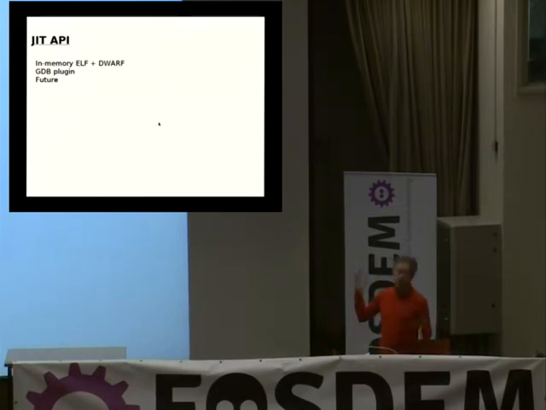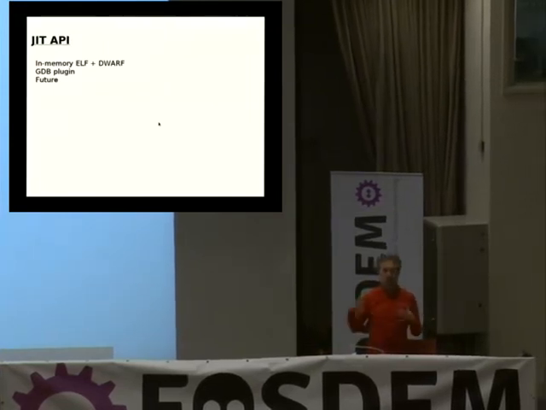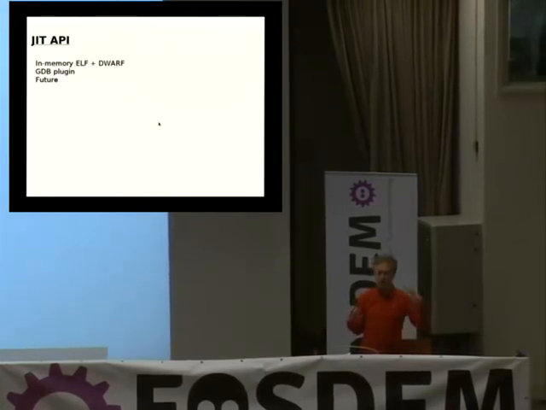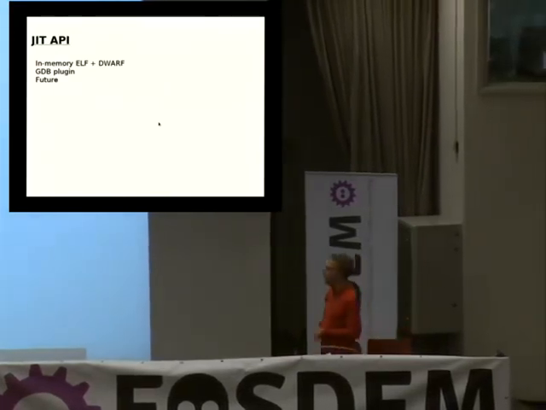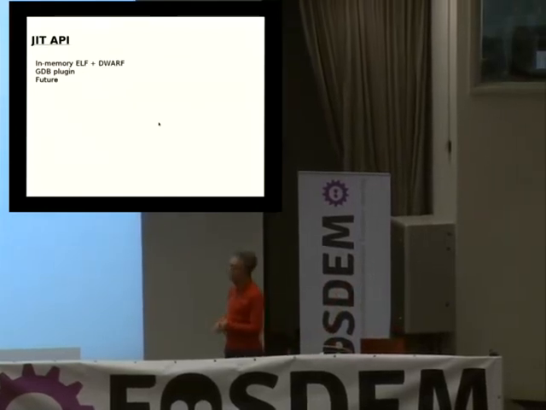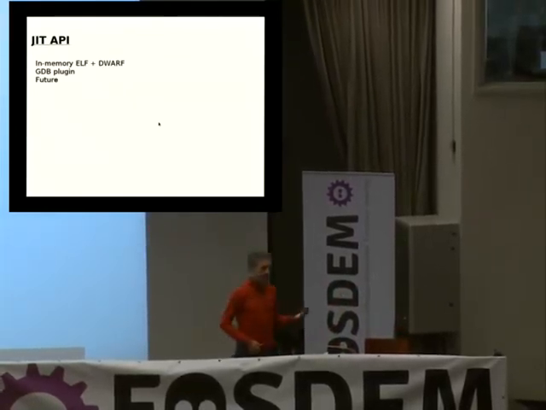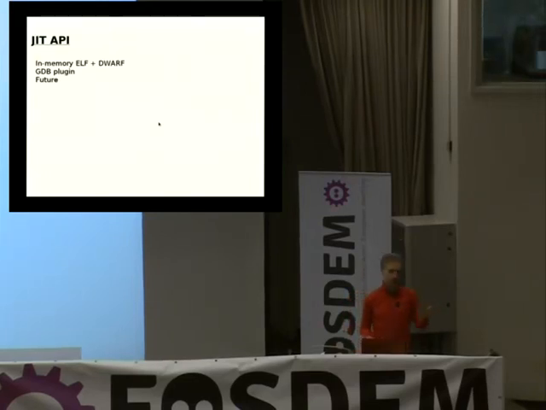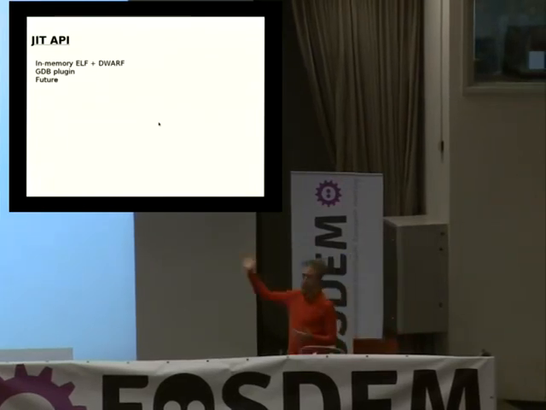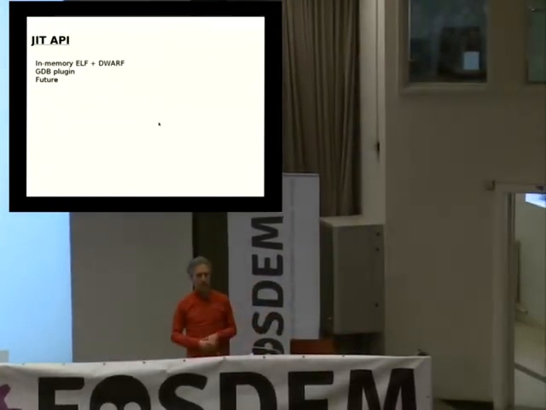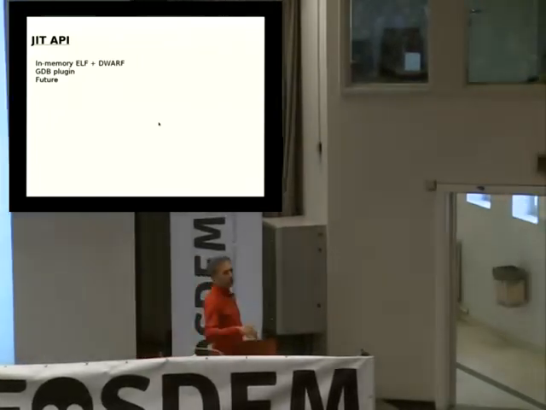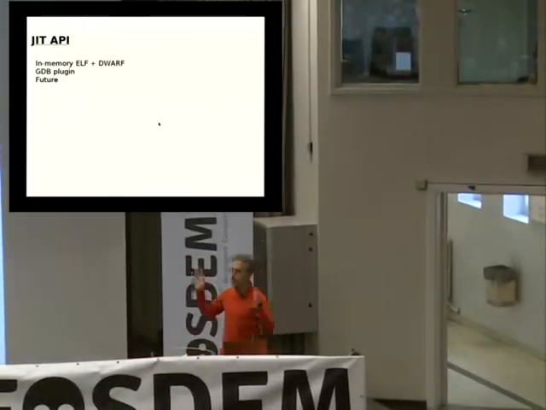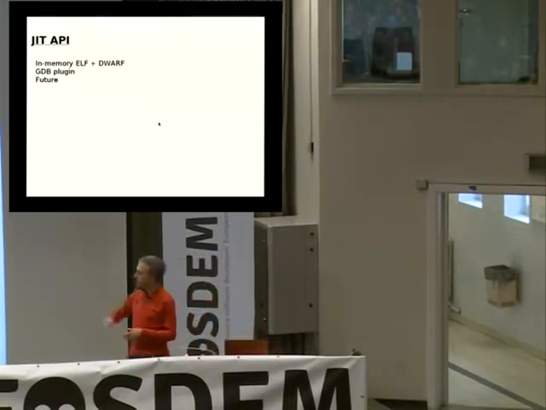So there's two JIT APIs now, two ways to teach GDB about the compiler that's running inside of your program. The first one, and maybe the most basic one, is you have your compiler inside of your program write an ELF file in memory. And this ELF file can contain anything. So it can have DWARF, the debug info, to explain everything about your program: how to unwind everything, how to find all the local variables, file names, function names, anything that DWARF can represent. And then